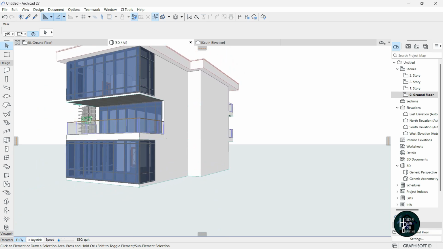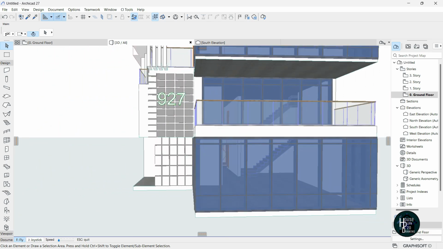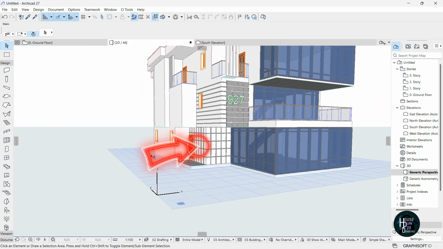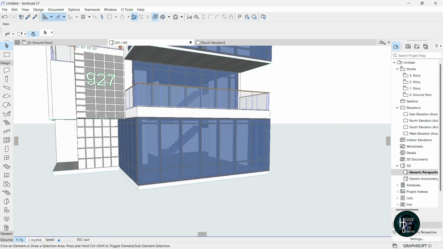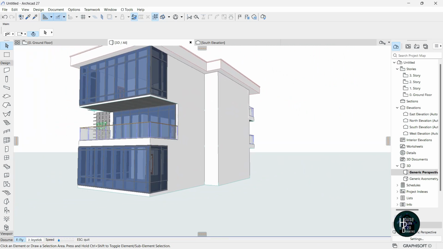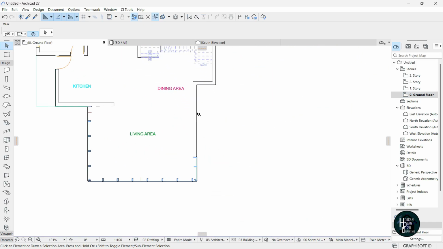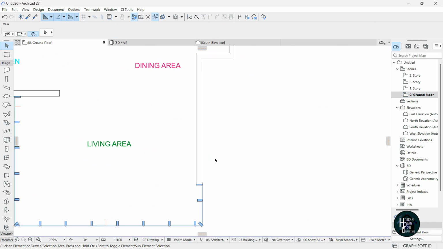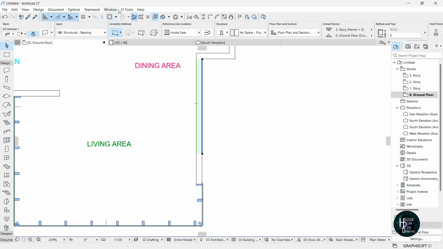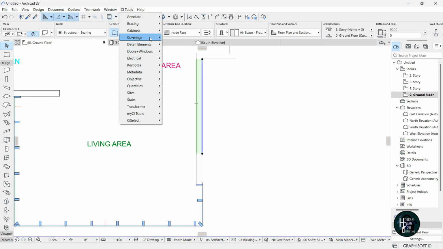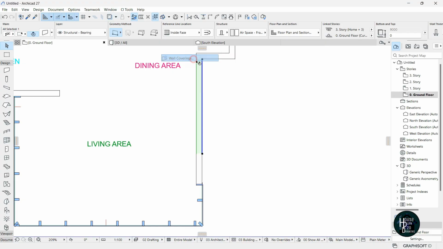Okay, and come and do the same CI tools that we did for this shape here, this design here. I want to come and do the design for this other side too. Okay, so let's go to the ground floor plan. Double click on the ground floor plan. This is where it's going to be located. Okay, so just click this wall here, go to the CI tools, scroll down and look for the coverings. Come and select on the wall coverings,